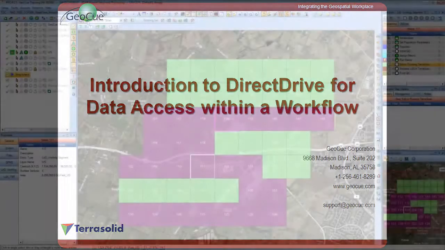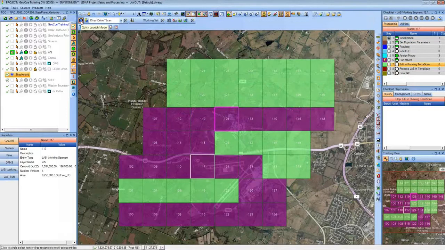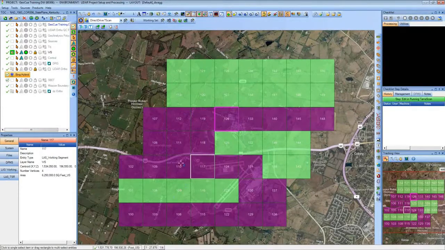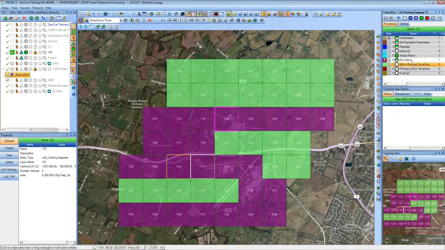And what I can do is I can launch this in two modes. One is when it's just in quick launch mode. When I select a particular entity, what it's going to do is it selects it and adds it to my working set. So if you look here, here's my working set count. I have one entity in there now, and I have the edit and running TerraScan step selected. So this is basically done the combine of select and add to my working set,